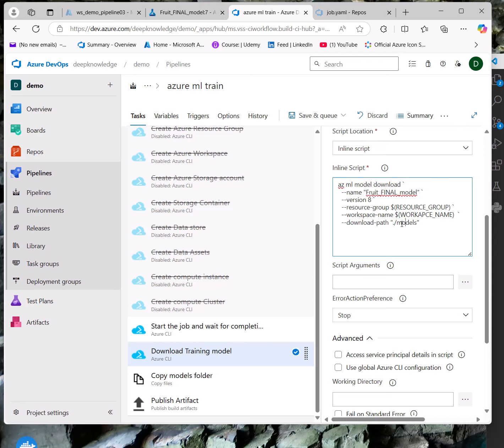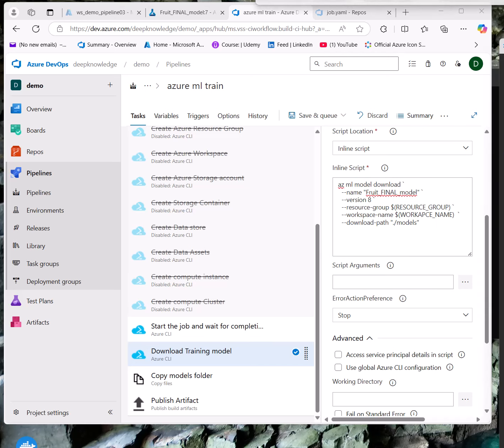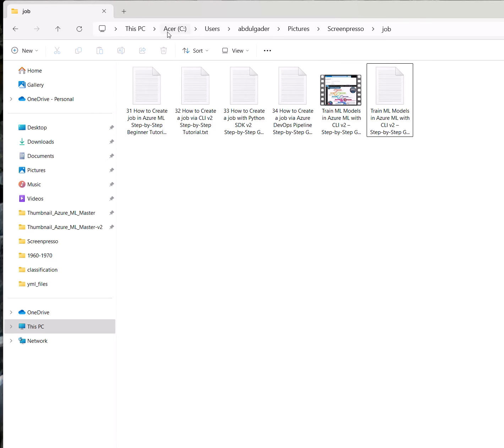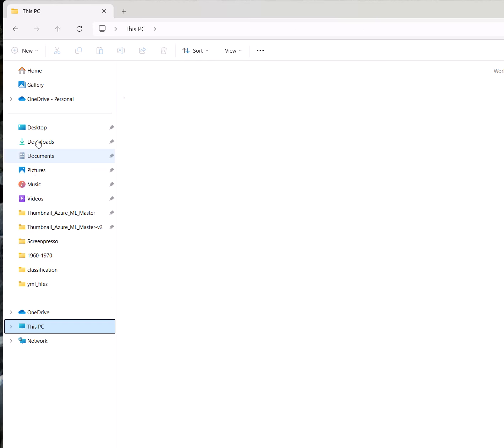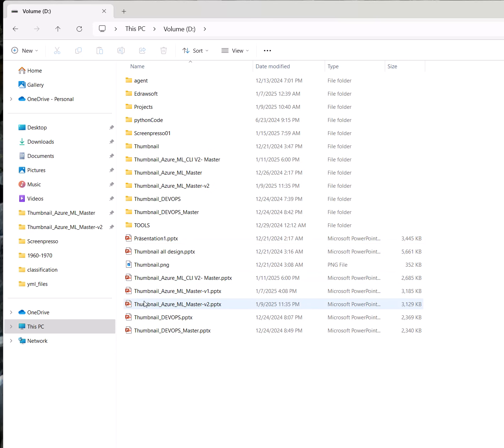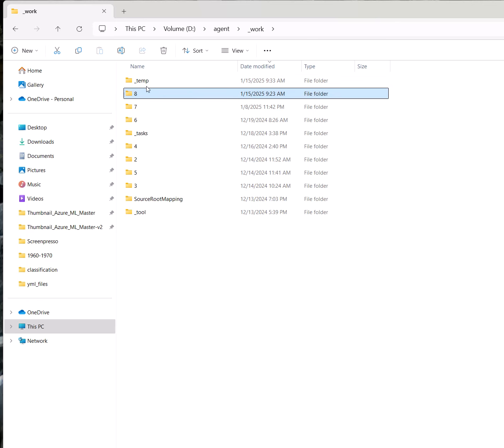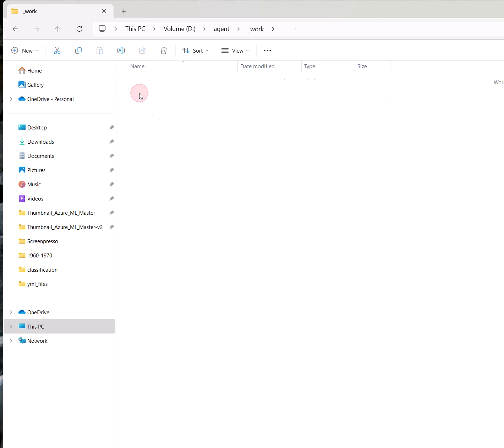So where is this downloaded indeed? It will be downloaded in your Azure DevOps pipeline, in your build agent. Let me show you. This is, for example, the latest update.